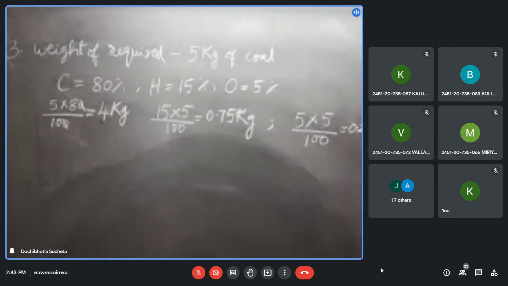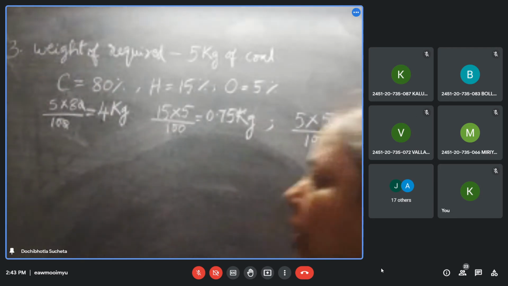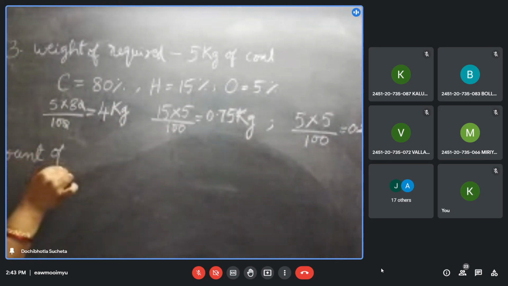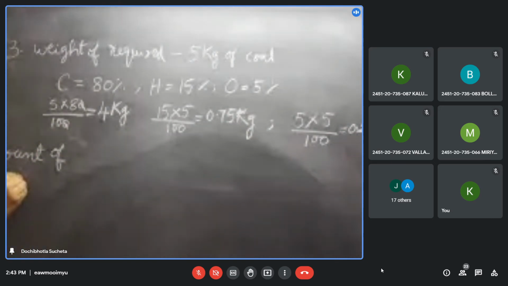they'll do the numerical in a wrong way. Okay, now you can substitute very easily. So what's the formula for amount of oxygen required? Amount of air, straight away. Why oxygen? The question is air. So amount of air required